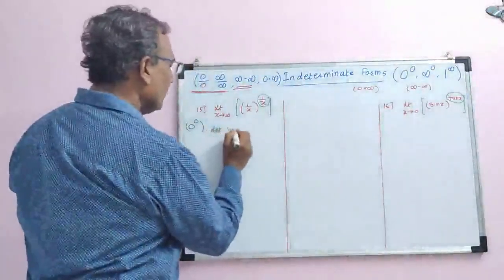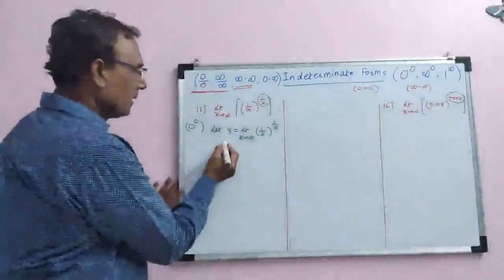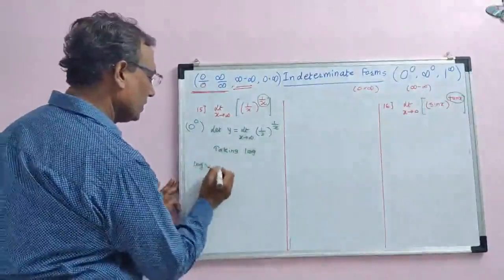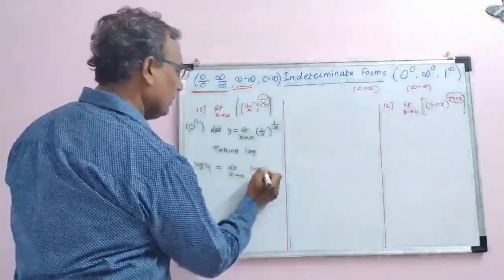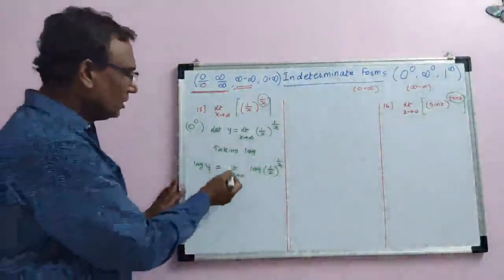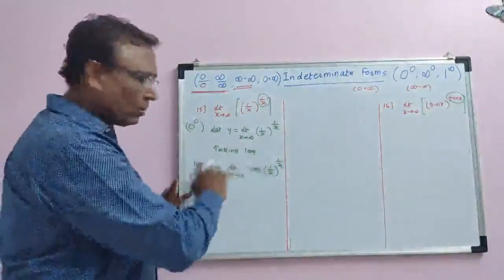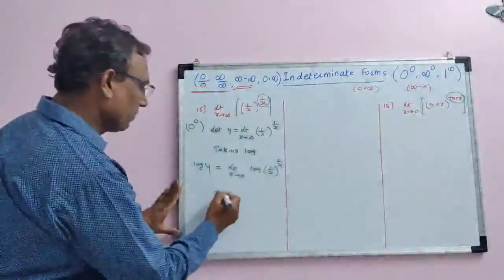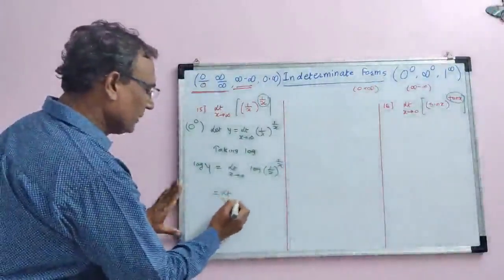When the problem is of this type, take log of both the sides, but before that, I am going to let the given limit be y. Now taking log of both the sides, log of y is equal to log of the limit of this. But here, in order to reduce steps, I have written log of limit equal to limit of log; I have taken the log directly inside and skipped one step. Limit x tends to infinity.